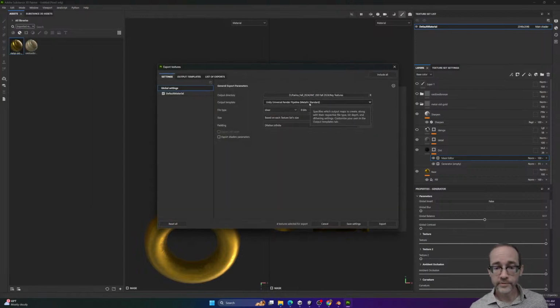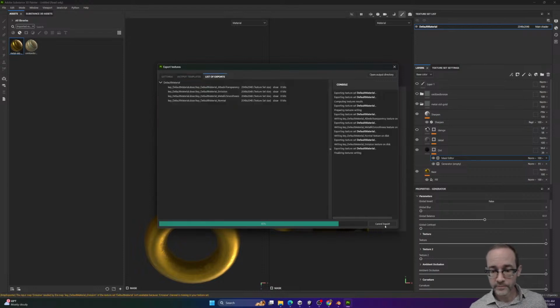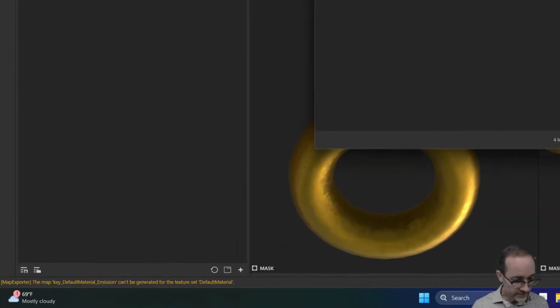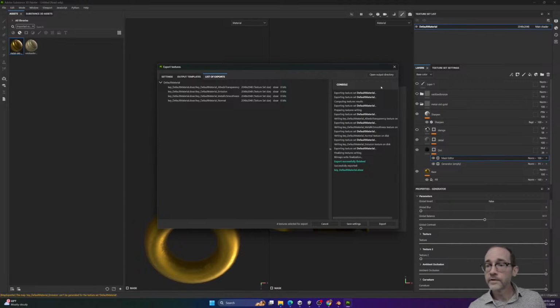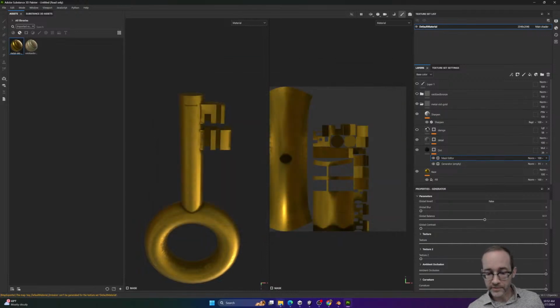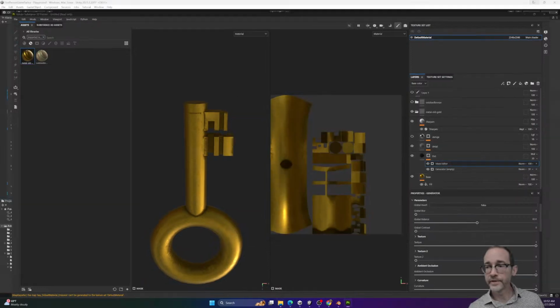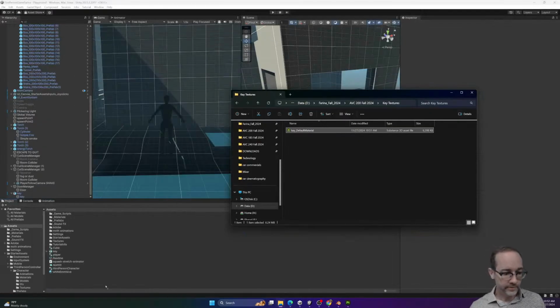Yeah, that's where it's going. Maybe I just didn't click export. Nope, it doesn't want to generate the textures. It says export finished, and then down here it says can't do it. Did anything show up in the folder? Yeah, it's right there. Okay. And if we bring this in,